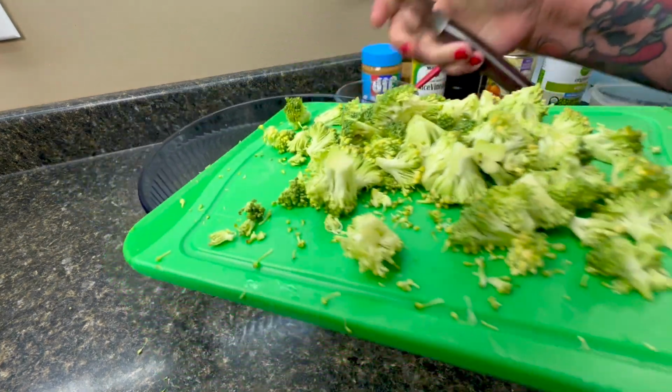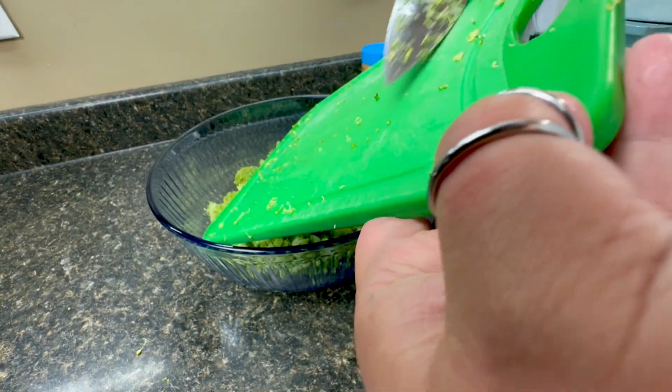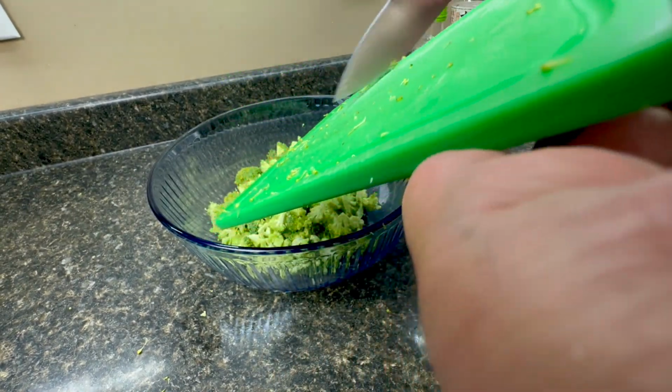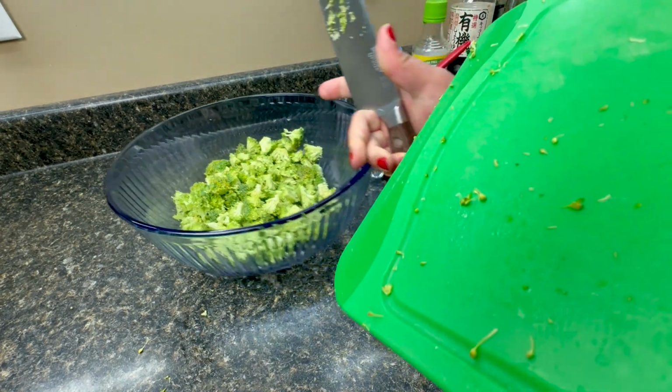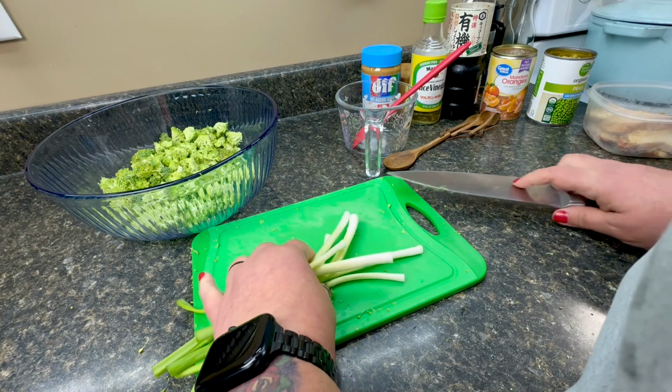And you all will be very proud of me. I actually picked a bowl this time that was big enough for what I was making, so I didn't have to go grab a separate bowl. So I'm just going to get my broccoli added to my bowl, and then I'm going to chop up a